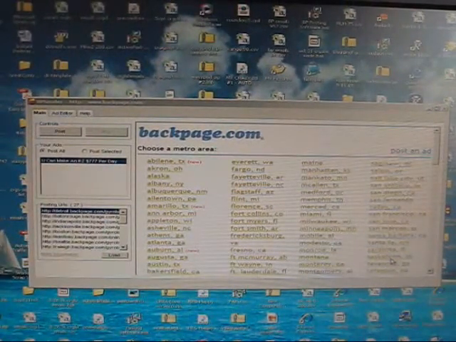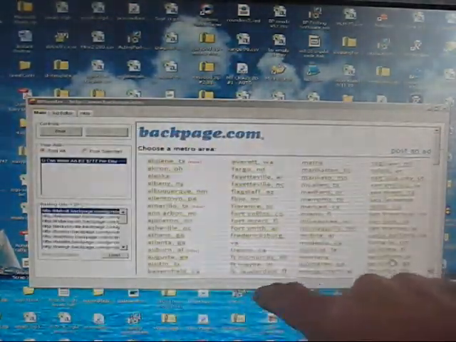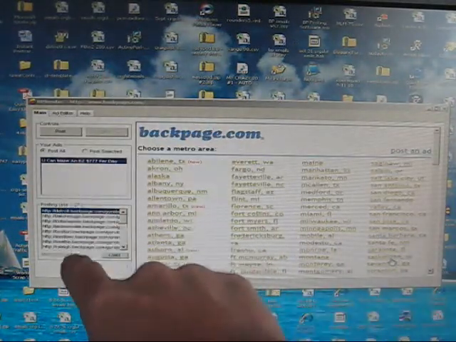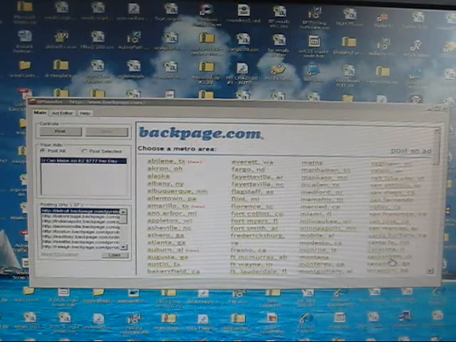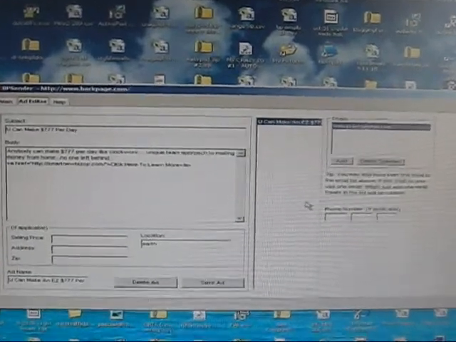So there's basically two parts to this. There's the main, this is the main, and there's the ad editor. Your ads go in here, you'll see that in a minute. Your cities go in here. Okay, so let's go to ad editor. Now in the ad editor section,